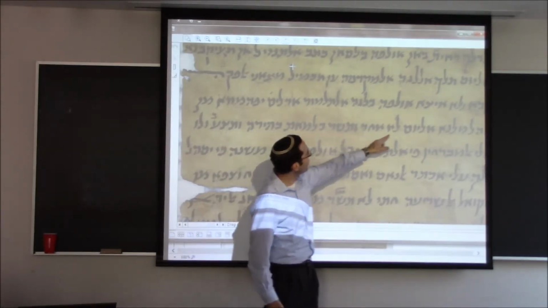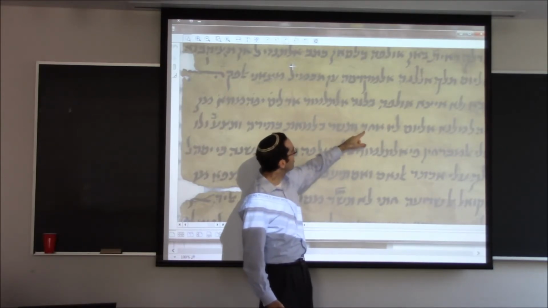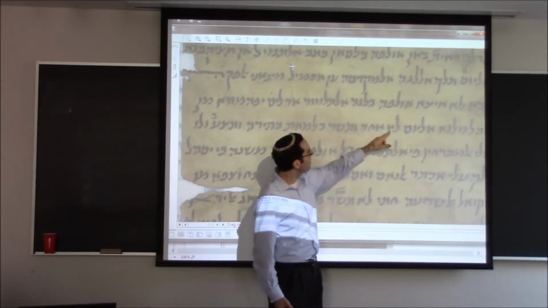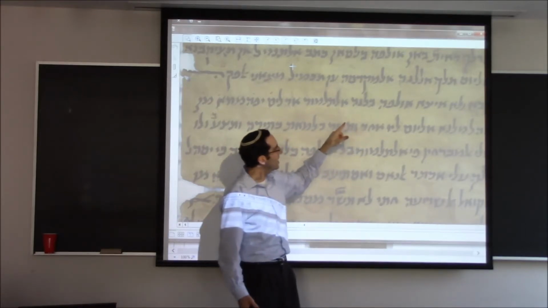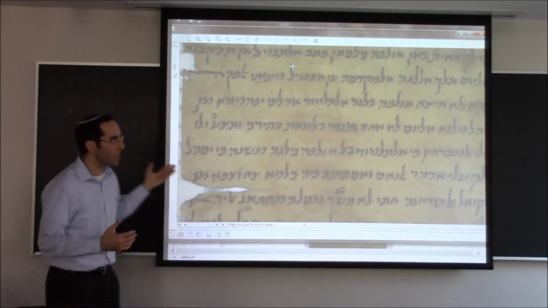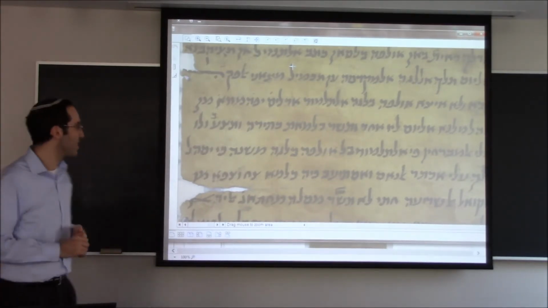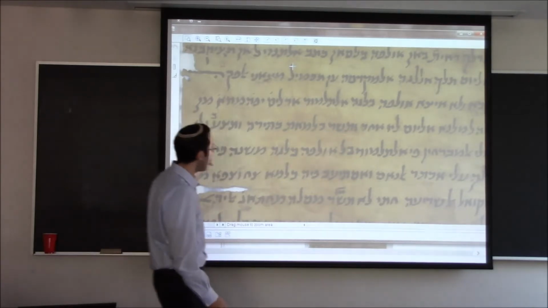Here, the scribe dropped the aleph from the beginning of ela and dropped the aleph from the middle of ehad to make it la. So instead of saying that nobody understands it except for a few people, now we see that nobody understands it, not even one person. And just to make it even worse,